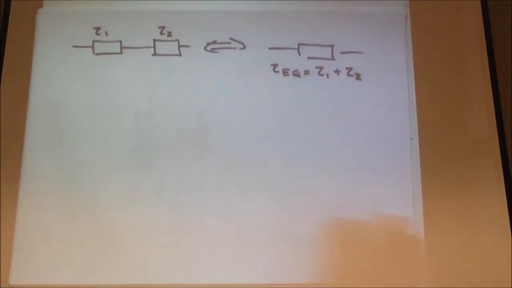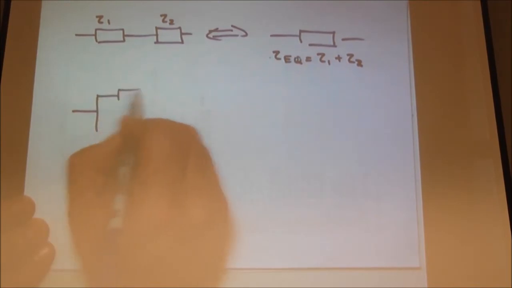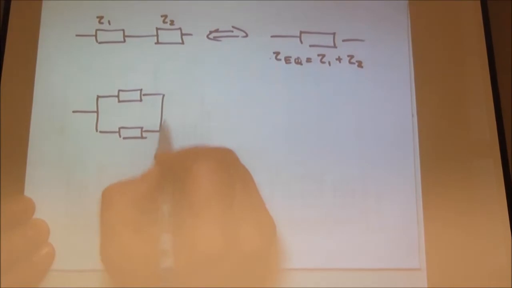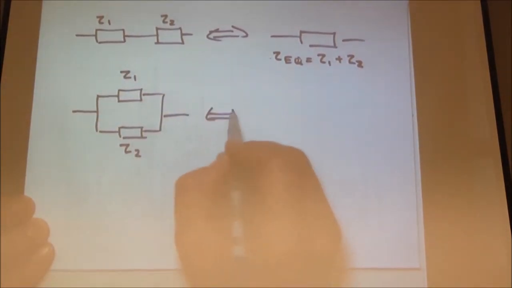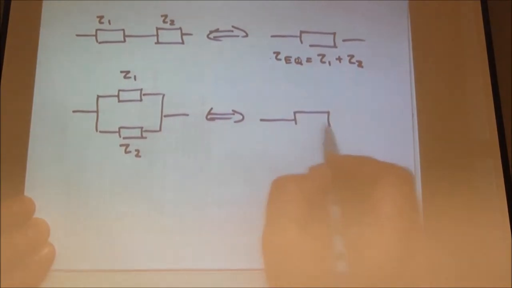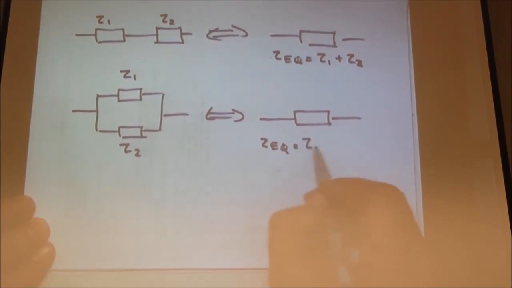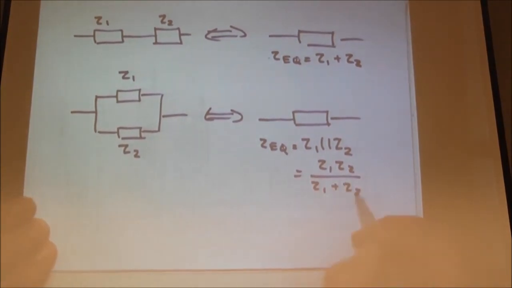So that's the beauty of using impedances, and similarly for two impedances in parallel. Z1, Z2, the equivalent, Z equivalent equals Z1 in parallel with Z2, and to write that out, Z1 Z2 over Z1 plus Z2,